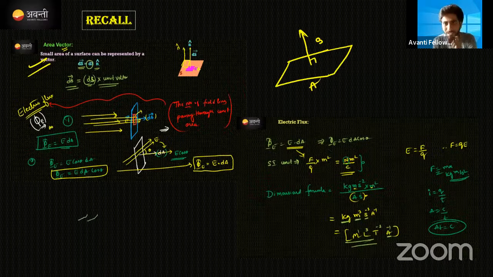And then this is one mathematical derivation: flux value will be equal to E dot dA. If you expand this, flux will be E dA cos theta. Your flux depends upon theta and also on the electric field lines. Suppose these are the 4 lines which are passing through this one small area here.